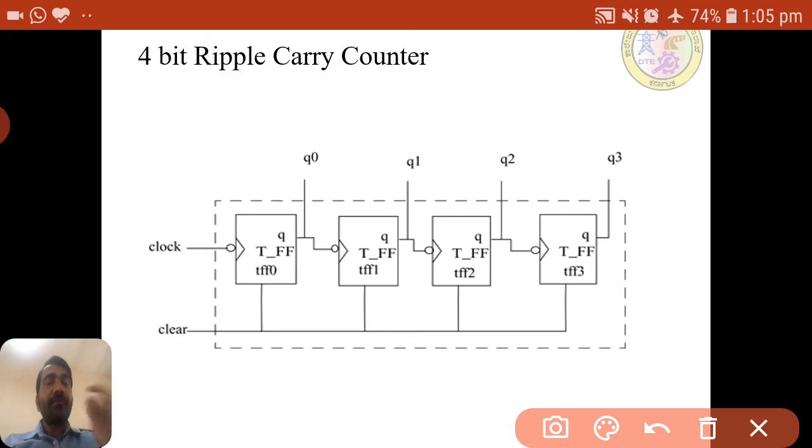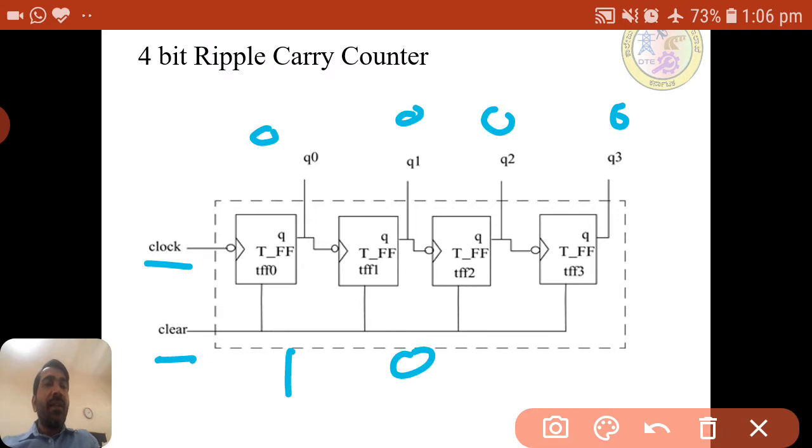Because of that, we can use the T flip flop as the major component in the counter. The clear is used to reset to 0 0 0, or to start once again from 0, and the clock is required to drive the flip flop. On each clock the first flip flop will toggle, and initially all are 0. First it toggles, on the next clock pulse it will be 1 and the rest will be 0. On the next clock it will be 0 again.